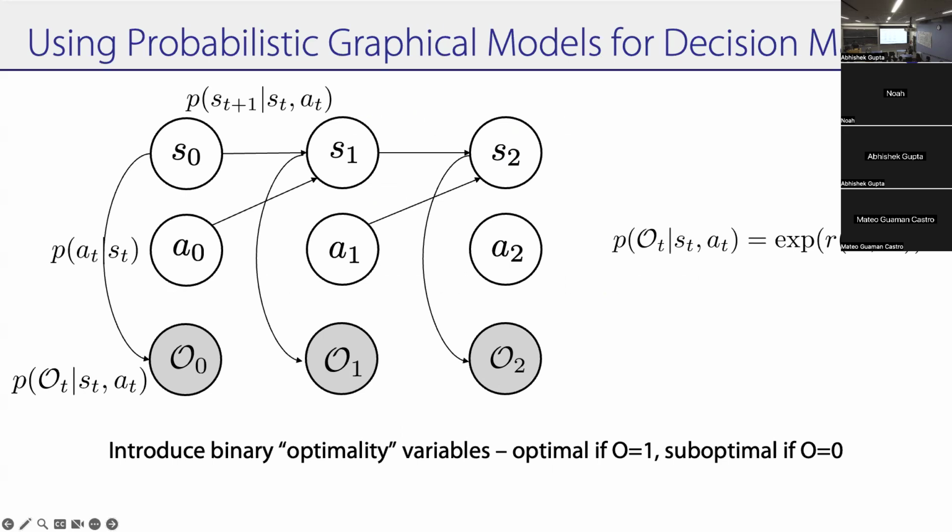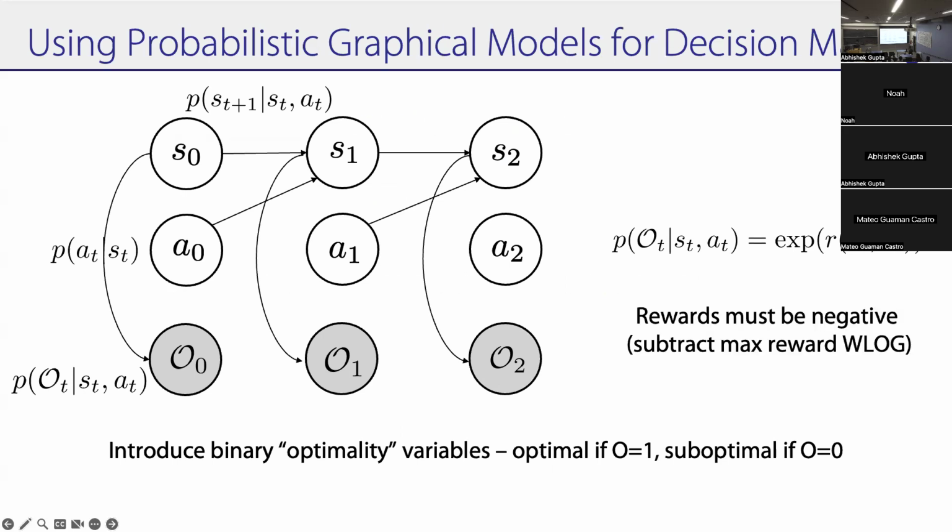And so our graphical model is basically just augmenting the standard transition dynamics with these optimality variables so that you can bring in a notion of reward into your graphical model, right? And given this graphical model, what we want is to get optimal agents. We want to say, what is the action at a particular state if the future is observed to be optimal, right?